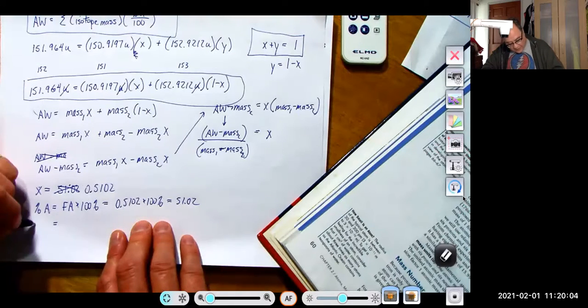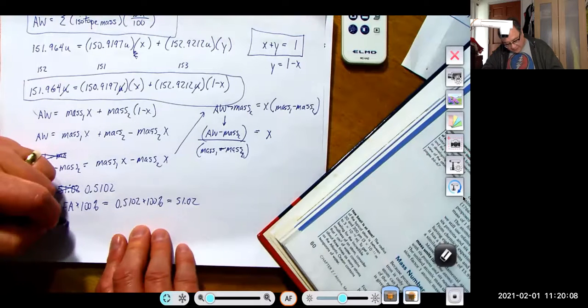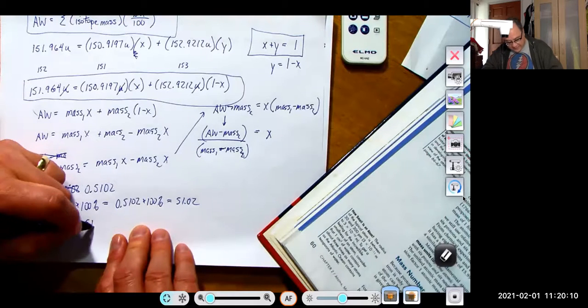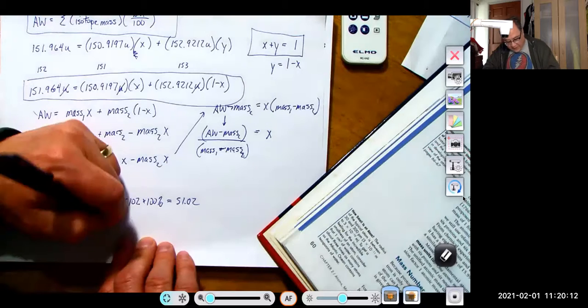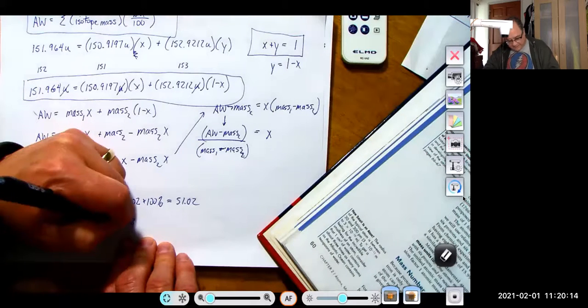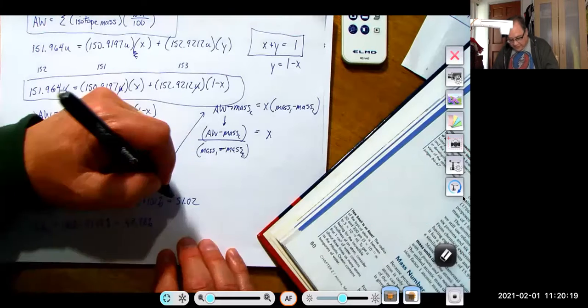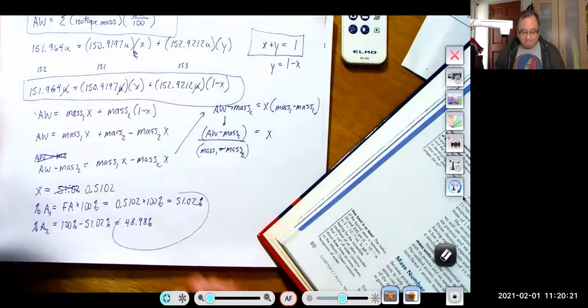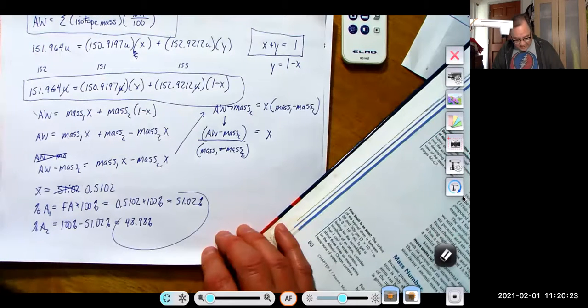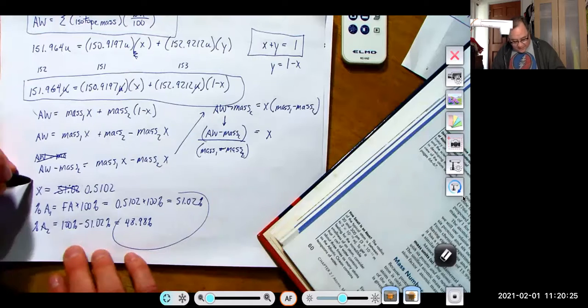So we'll call this 1. Percent abundance of 2 would be 100% minus 51.02%, which would be 48.98%. Because these two numbers should add up to 100%. So I'd expect to see, once you get that number there,